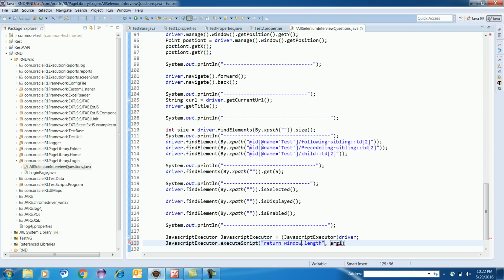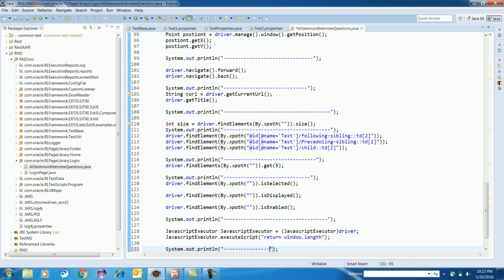So you can write that we can use window.length. This will give us the number of windows available on the UI, right? This argument is not required at all. So that's how you can run your JavaScript by casting your browser with a JavaScript executor.